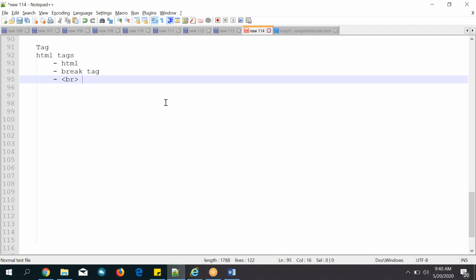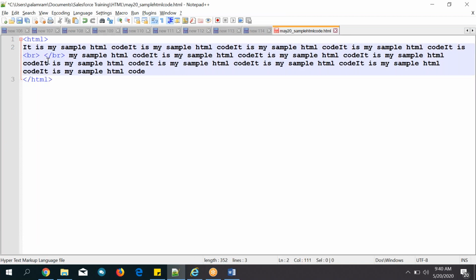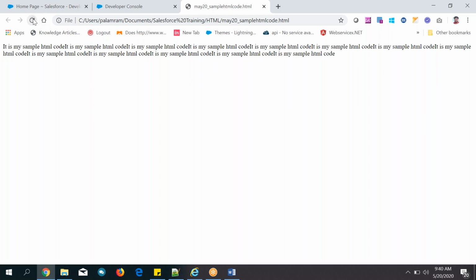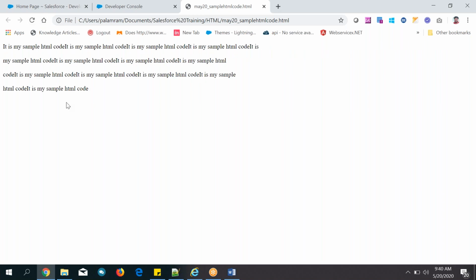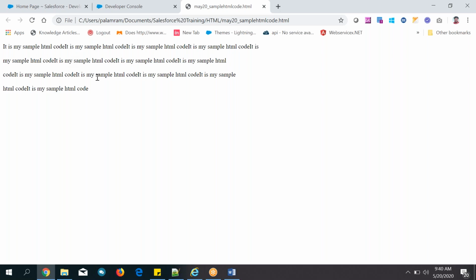Okay, break. You need to open and close it, guys. Any tag you need to open and close. That is a shortcut for the break tag. Guys, it is not a complete, exactly good code. Let me show you. Just see it at a high level. Okay, it is displaying in 4 lines, right? Here also 4 lines, there also it is displaying in 4 lines.